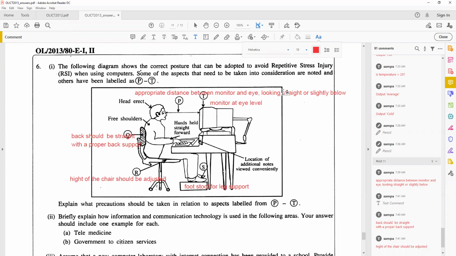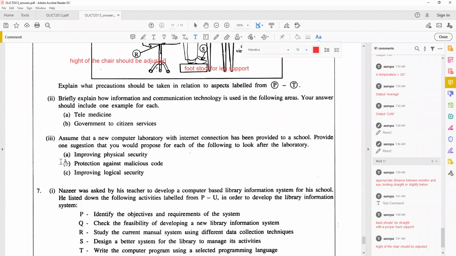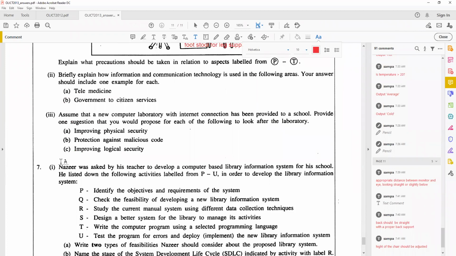So I didn't have time to go through this. I will look at your answers and get back to you. Right. So that's question number 6, part 1. Second one, okay, we have to talk about telemedicine. Now, right now with this online, especially in the COVID-19 pandemic situation,